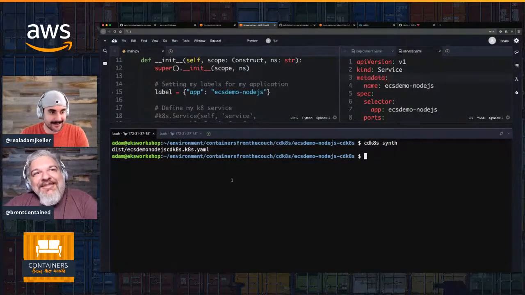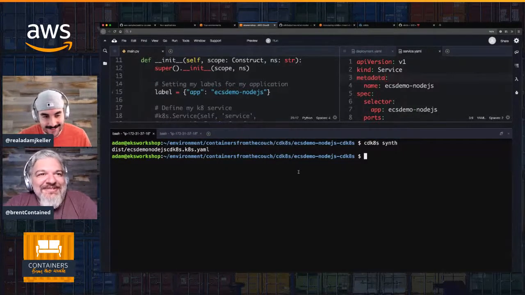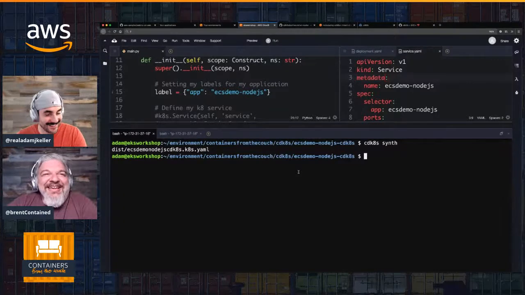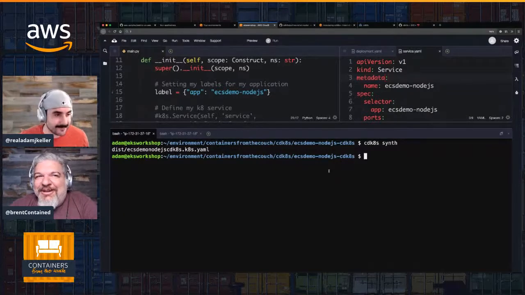So what is ACK, Adam? This is the AWS controller for Kubernetes, right? Did I say it right? I think you did. AWS controllers for Kubernetes, or maybe the controller for Kubernetes, one of those two. We'll find out when it gets released. But it's going to be another open source project. The ultimate goal is if you want to stay within the Kubernetes ecosystem and